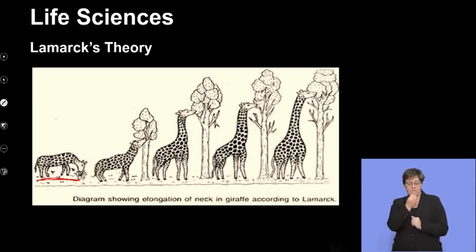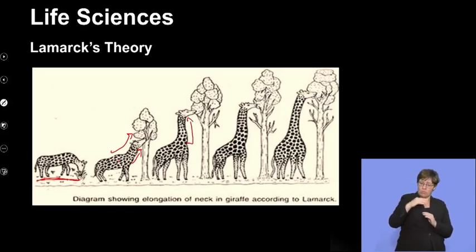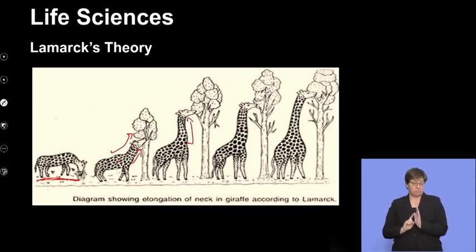What happened is once the food on the ground ran out and there was competition from other organisms, they started to feed out of the trees. By stretching up to the tree to reach the food there, the neck started to elongate. And the more they stretched, the longer the neck became. When the neck became longer, they were able to reach higher up in the tree, and so the neck became even longer, and they were able to reach even taller trees. Now they were able to reach very tall trees and basically eliminate any competition from other animals.